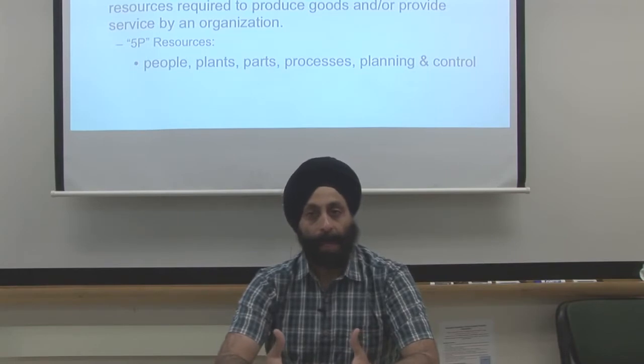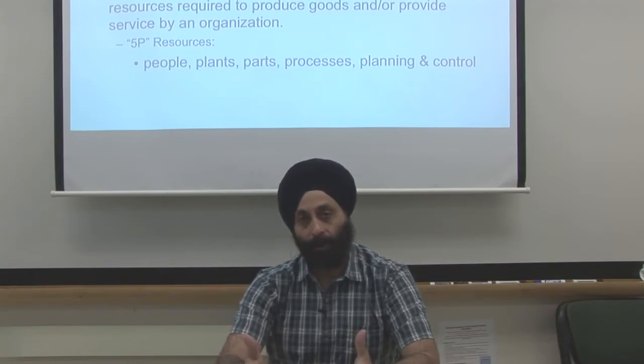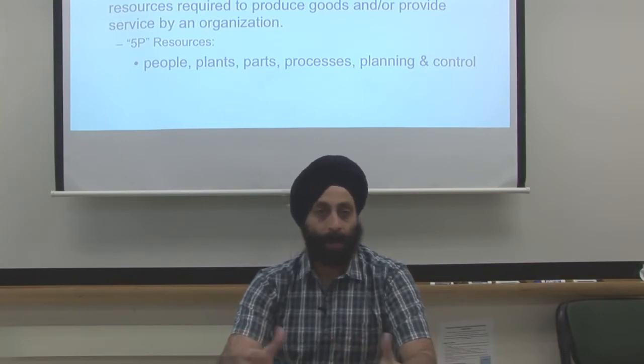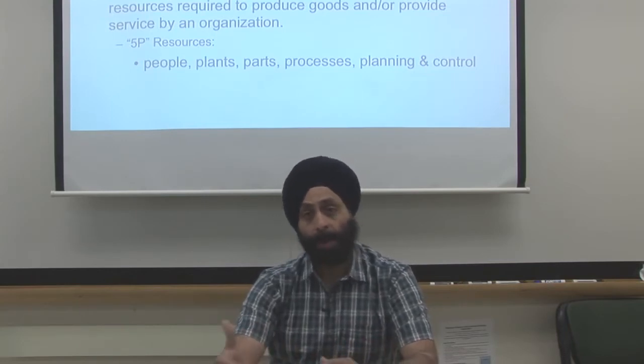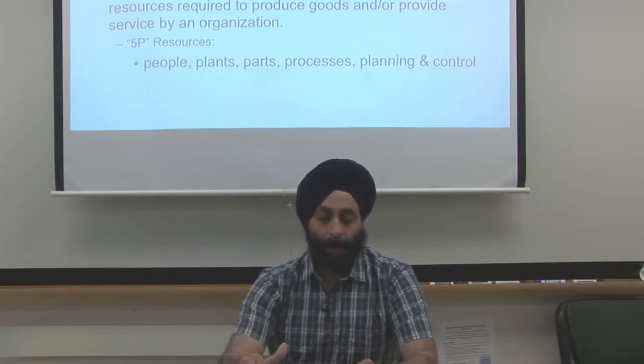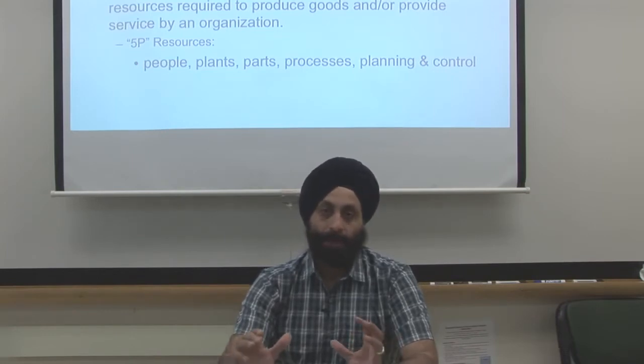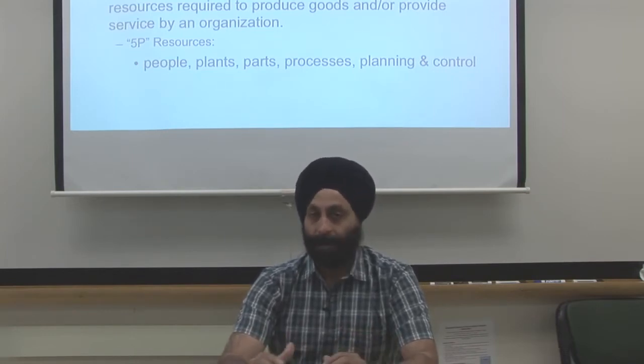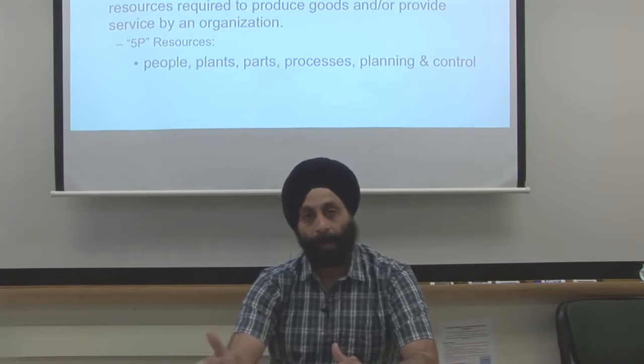And finally, the 5th P is planning and control, the actual policies of the company that will allow them to decide on whether or not to provide overtime, how much inventory to carry, what should be the level of quality they should have, etc. Now, those are the 5 Ps. All of these are direct resources for creation of goods and services, which are under the purview of